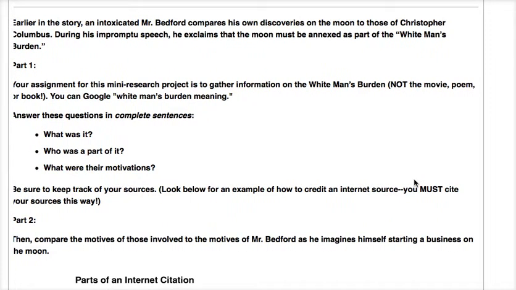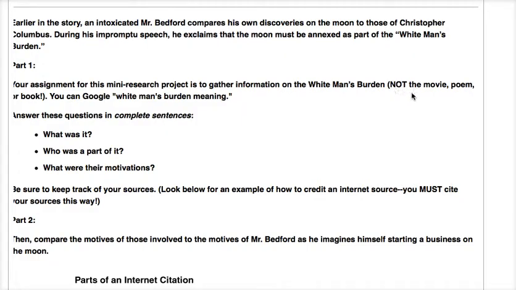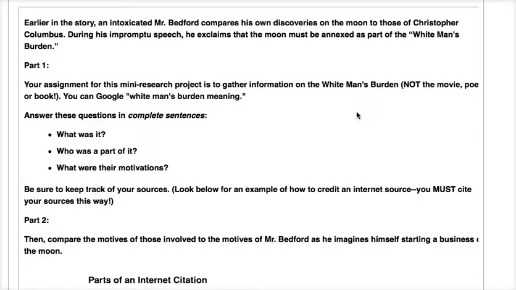Now, when you Google this, you're not going to look at the movie, the poem, or the book. So what you can do is Google "white man's burden meaning." If you use those words, you'll come up with what the white man's burden actually is, or actually was in the thinking of quite some time ago. Then after you look up the meaning of white man's burden, again, not the movie, poem, or book,